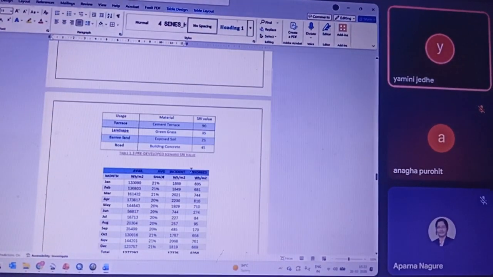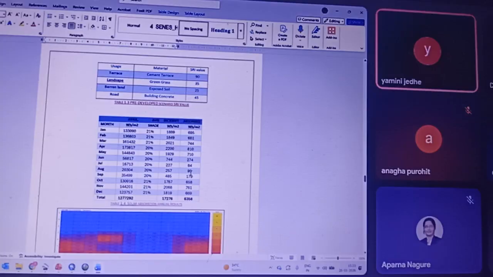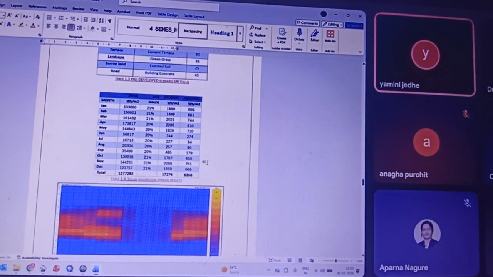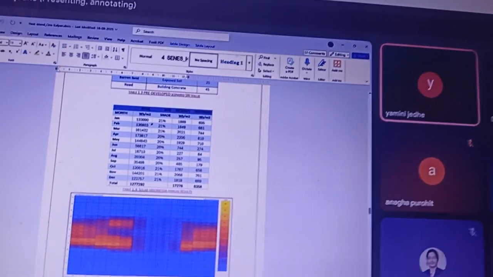Obviously, in the future it will definitely have some kind of structures, but this is one of its kind, like 130-meter buildings in the Kalyan area. So now in this case, we identify how much is available, what is the shading, what are the incident sun rays, and what are the absorbed sun rays.